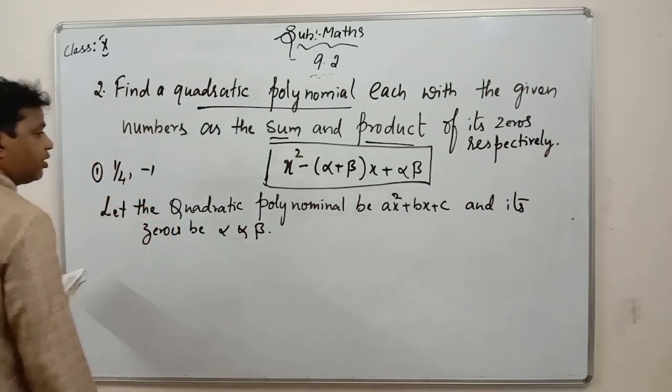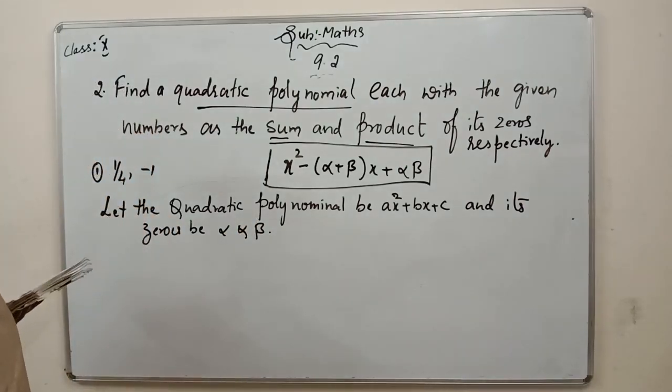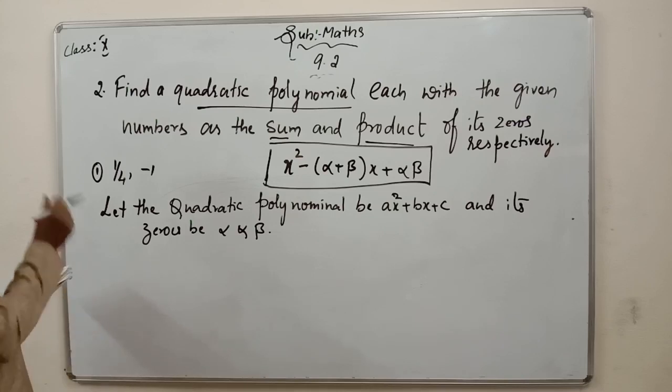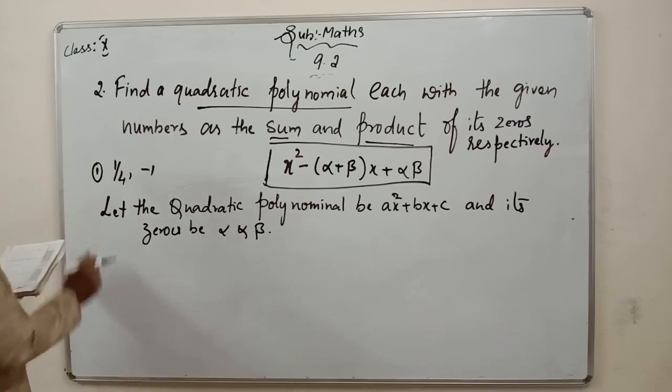So let the quadratic polynomial be ax square plus bx plus c and its zeros be alpha and beta. So we have given here, both he has given